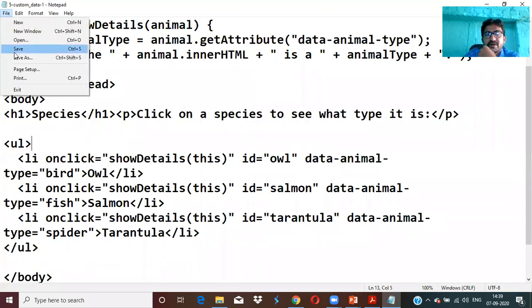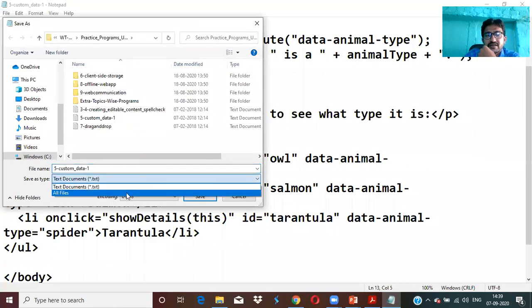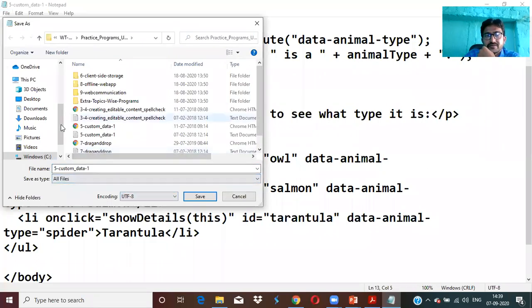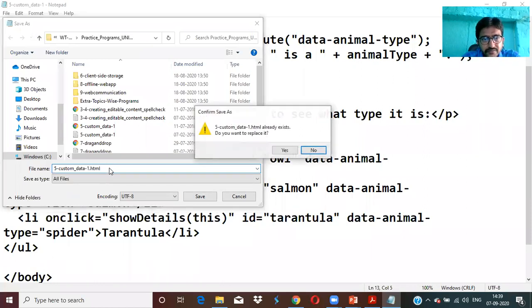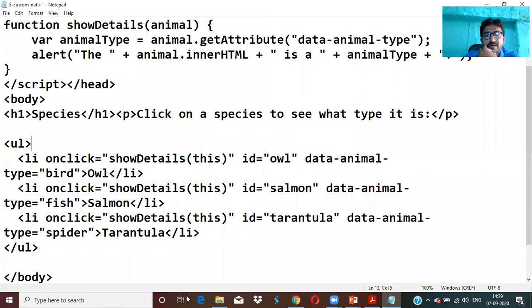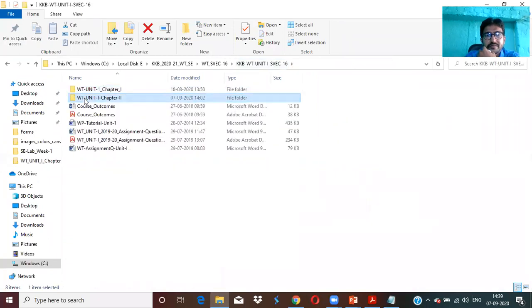Now, I will first run the program so that you can understand clearly what we are talking about. I'll go to the practice program.